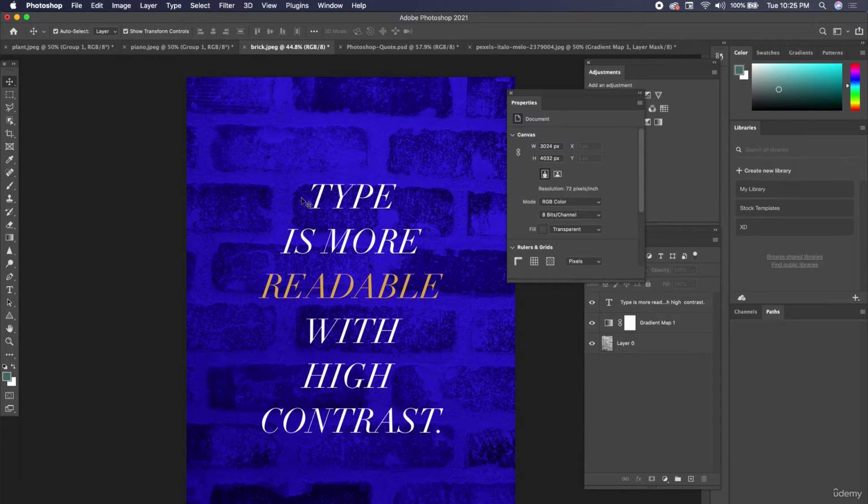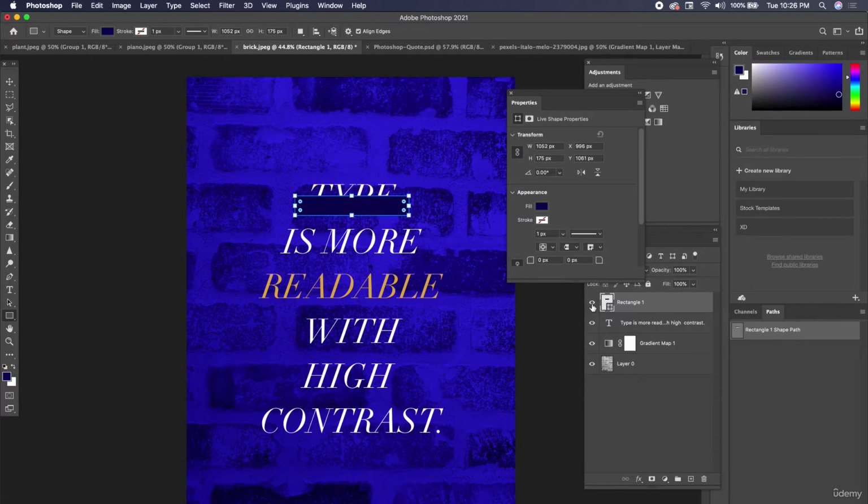Let's add some more contrast by adding a little bit of a box behind the typography. I'm going to go down here to my Shapes tool, going to get my Rectangle tool. I'm going to sample, get my eyedropper tool, one of these darker blues. So down here is pretty dark. So I'm going to go ahead and sample that blue, get a couple of rectangle tools, and just create a